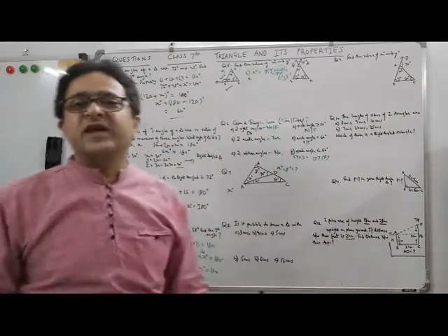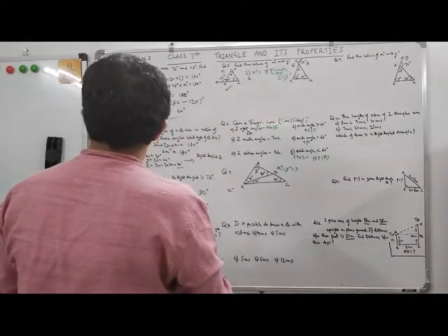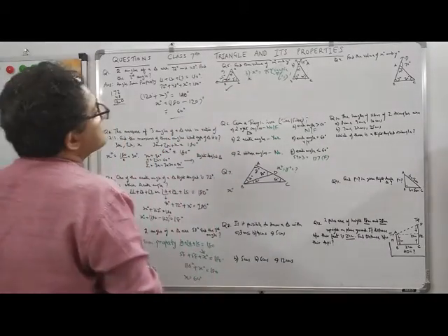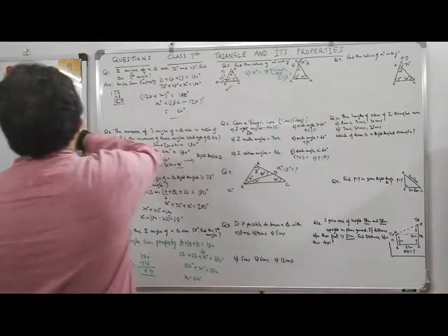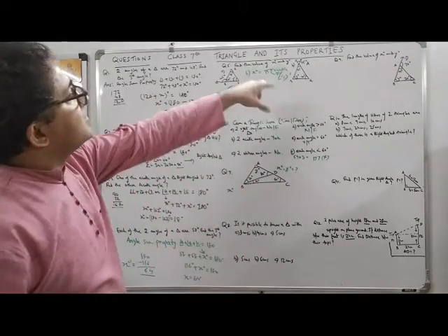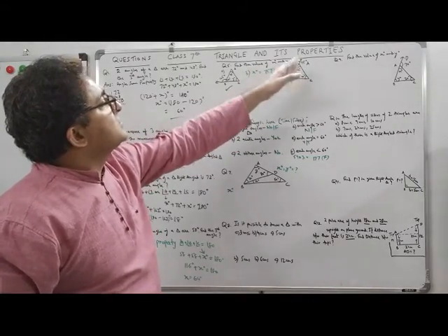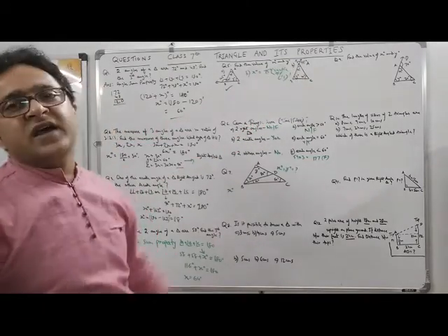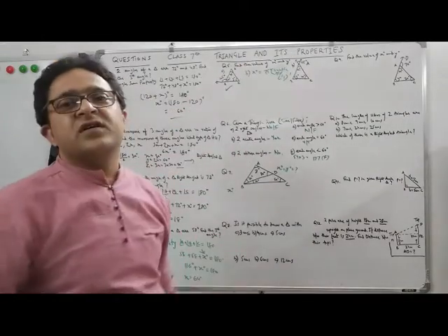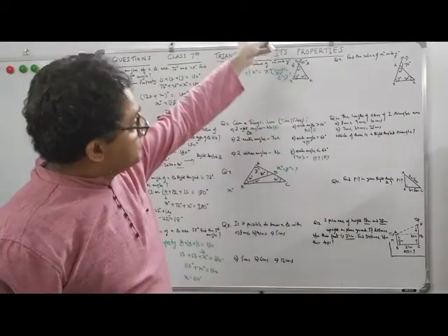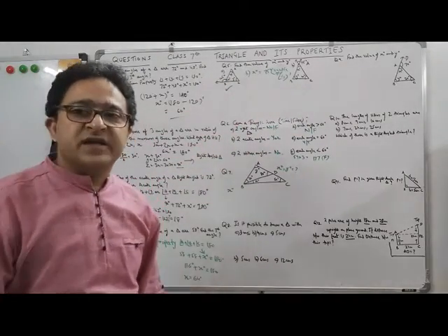Yes, now we can know Y degree as well. This is by the formula of vertically opposite angles, that vertically opposite angles are equal. This is the formula, vertically opposite angles are equal. This is vertically opposite angles, right? The two transversals are cutting each other. One angle is 75, other angle will be again 75. These angles on the opposite sides of a transversal which is cutting each other, and one angle is given, other will be the same, right?